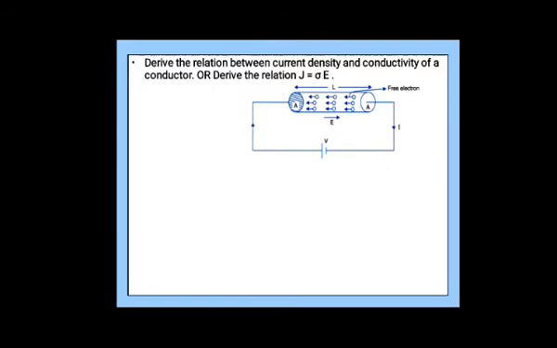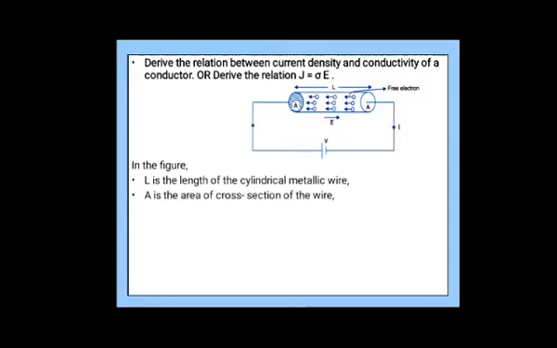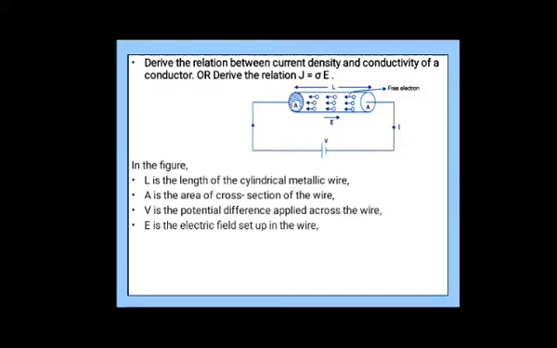First we have to draw a conductor. Let L be the length of the conductor or say metallic wire. A is area of cross section. Let us connect one battery. Let V be the potential difference. When battery is connected, the free electrons which are present inside definitely start moving with some velocity. That velocity we call drift velocity.